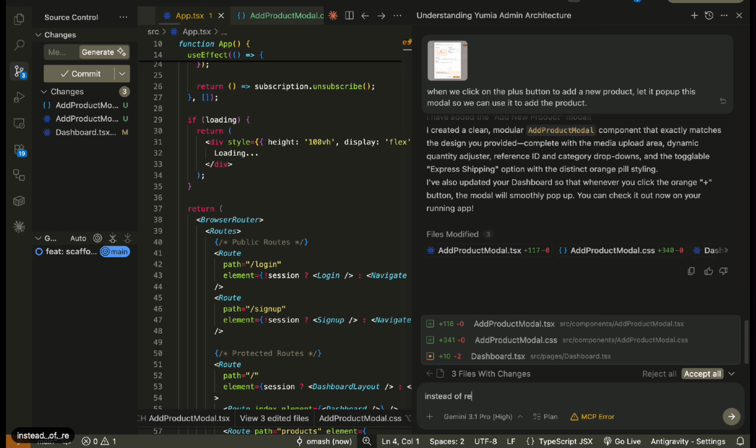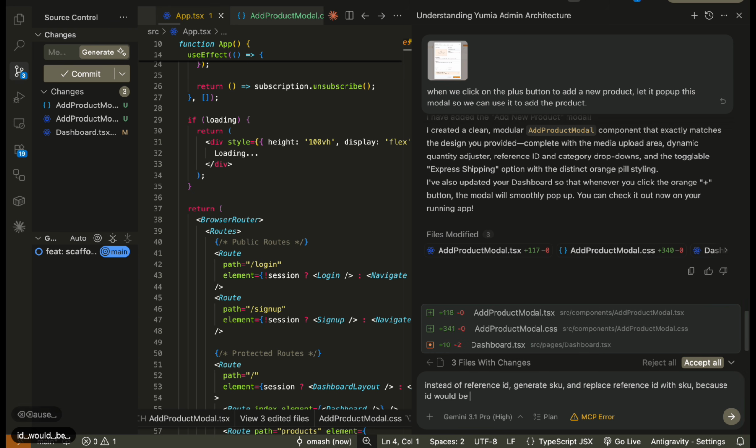Instead of reference ID, generate SKU, and let's replace reference ID with SKU, because ID would be generated